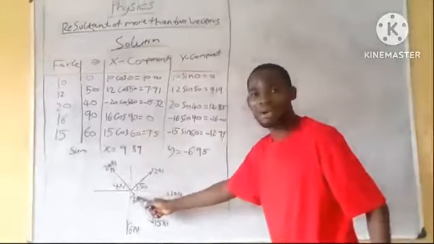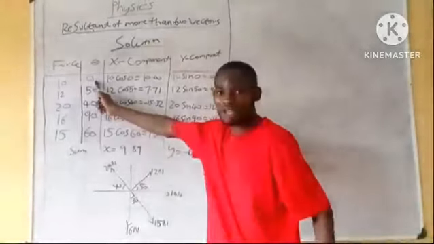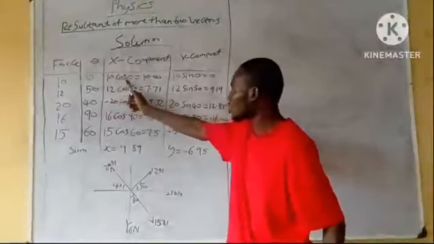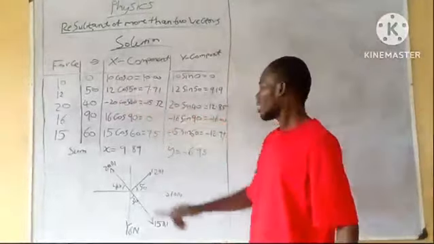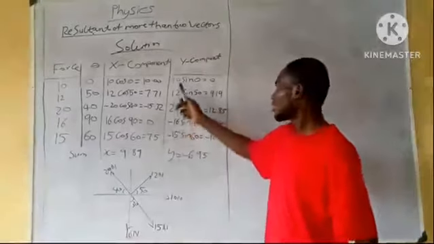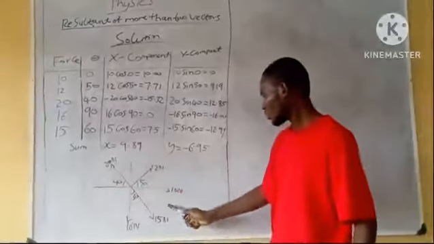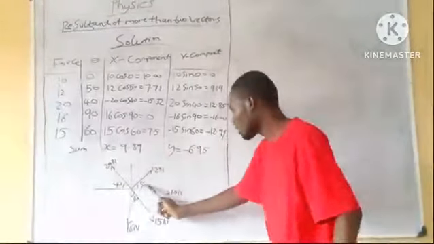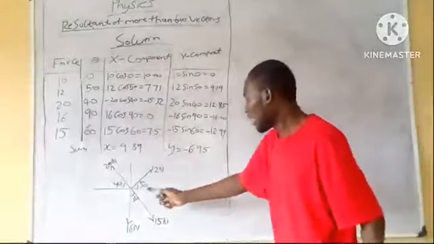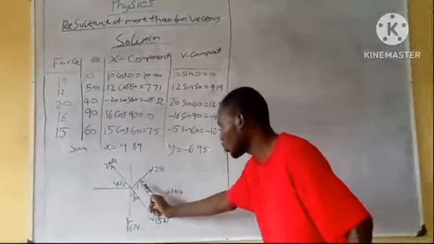Now at this point, this is horizontal. It doesn't have any angle, so the theta there is 0. If you press the calculator, 10 cos 0 will give you 10. If you resolve it to the vertical component, 10 sin 0 will give you 0. You go to the next one, 12. 12 to the horizontal is 50. Remember, the angle you are taking is to the horizontal, not to the